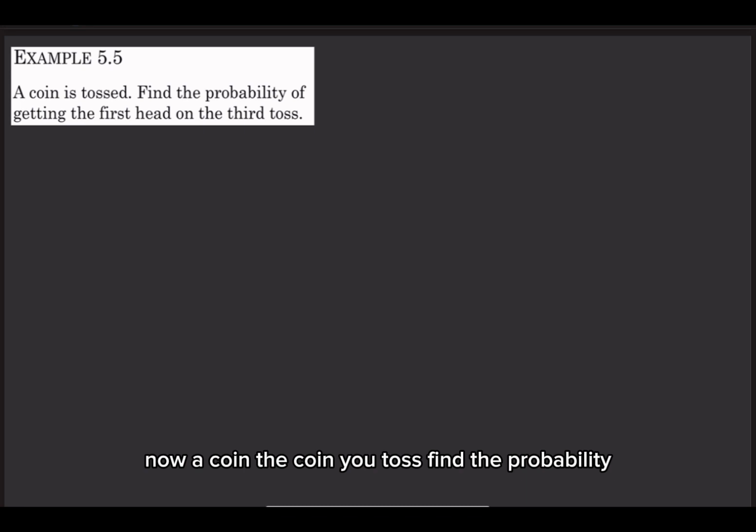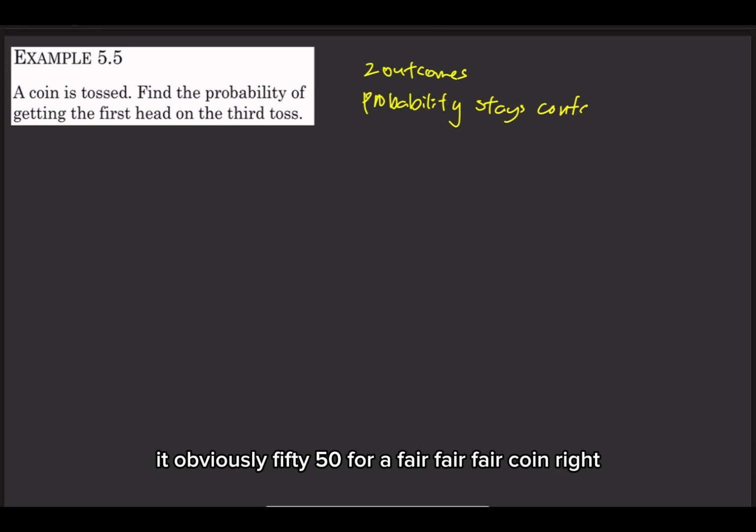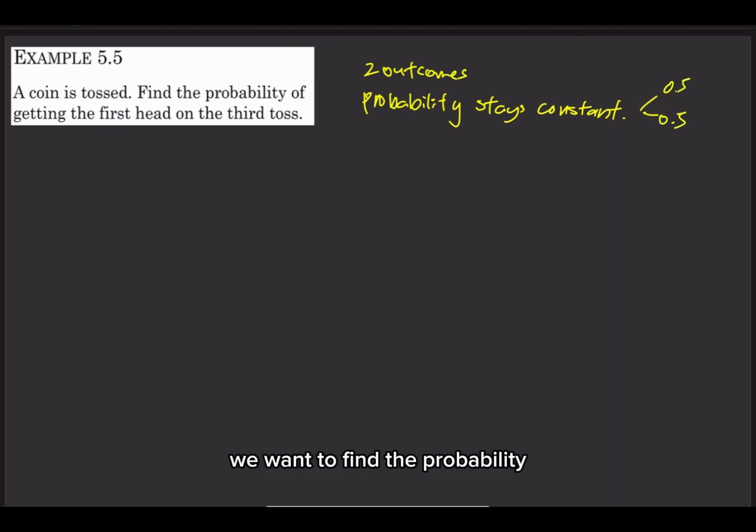A coin is tossed. Find the probability of getting the first heads on the third toss. That means when we toss a coin, there are only two outcomes, and the probability stays constant. It's always 50-50 for a fair coin. Now, we want to find the probability of getting our first heads on the third toss. This means the probability that x equals 3, that we get our first success on the third toss,